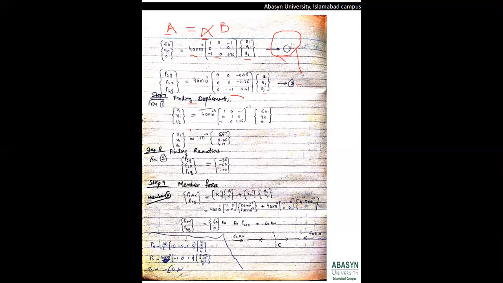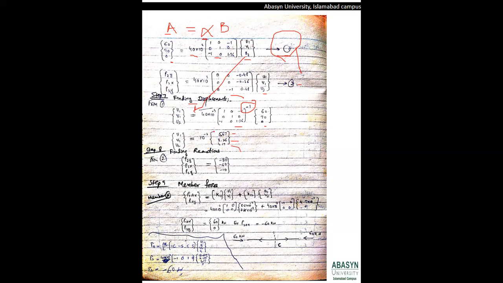And what we did here, the same we did here. That is, U1, V1, U2 comes to be equal to 40 into 10 raised to power 3 multiplied with the inverse of this global matrix into this load matrix, which is 60, 90, and 0. After you take the inverse of this matrix and multiply it with the load matrix, you will find that the values of U1, V1, and U2 come out to be 10 to the power minus 3 into 1.567, 2.25, and 4.17.